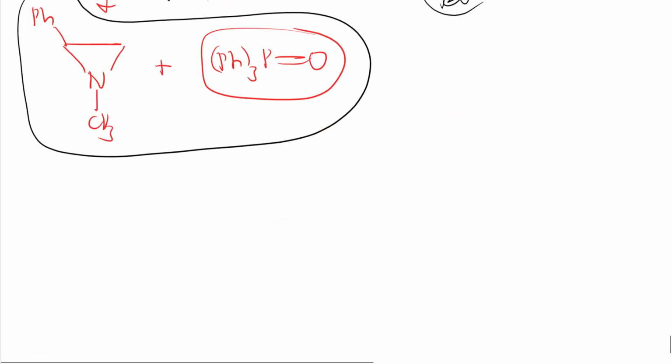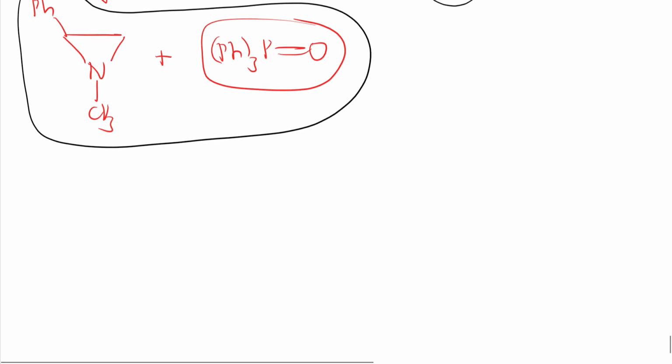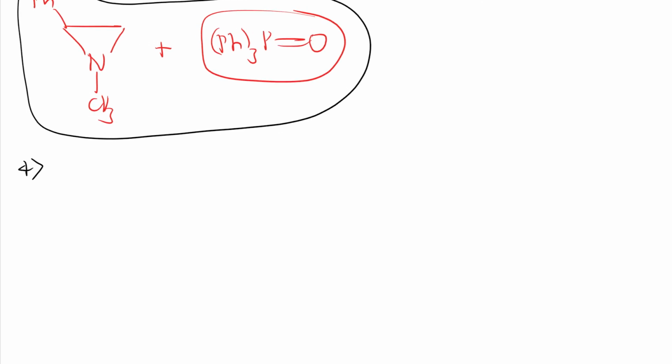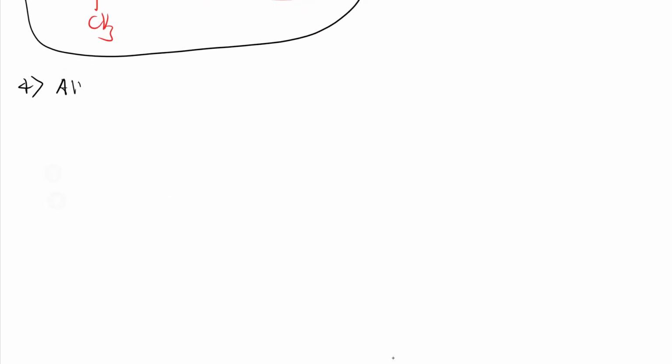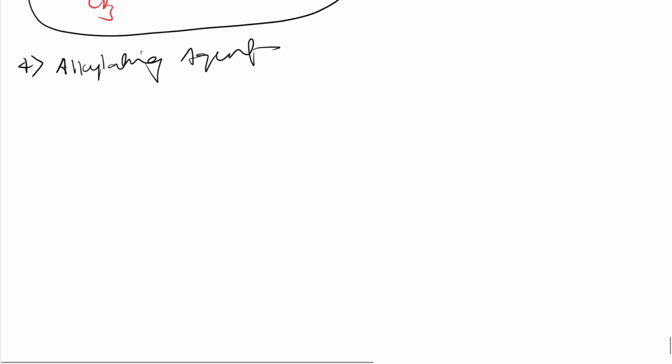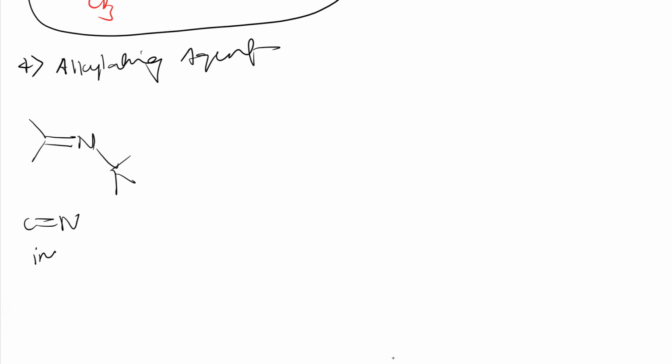Further, synthesis of this aziridine from N-alkylation, right? How will we do that? So through an alkylating agent we use, and we synthesize that. So how it happens, everything, let us see. So what is there? Carbon nitrogen double bond, C double bond N means imines. So I will take imines.